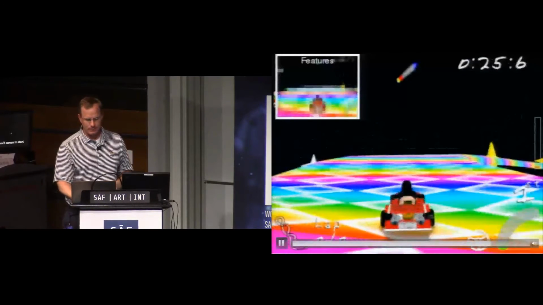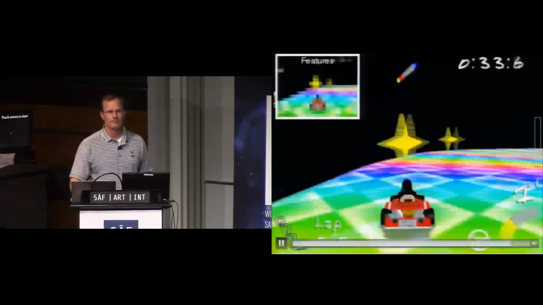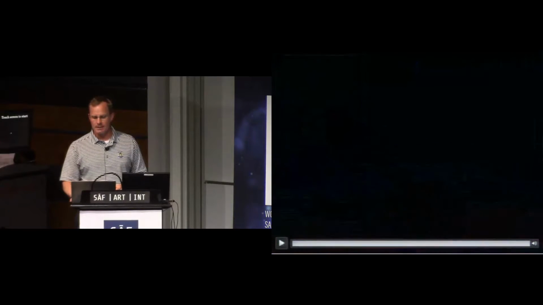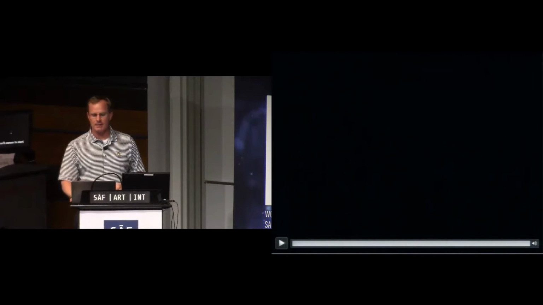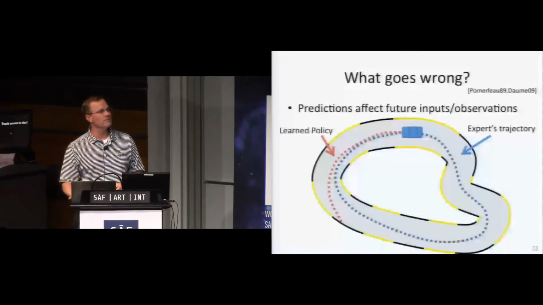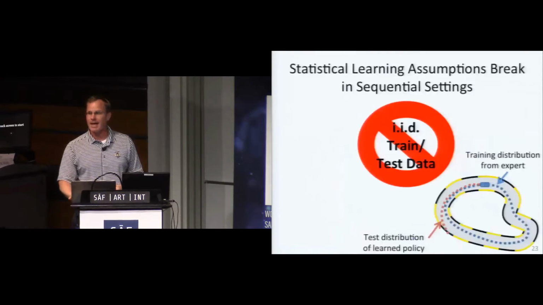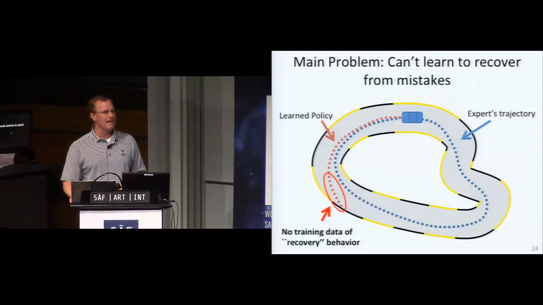Questionable, not so good. Okay, doesn't work very well. So what goes wrong in this particular instance? Predictions affect the future inputs and observations, okay? And we have fundamentally broken the supervised learning assumption of independent and identically distributed data, okay? And the main problem in understanding what's going on is we don't have the ability to recover from